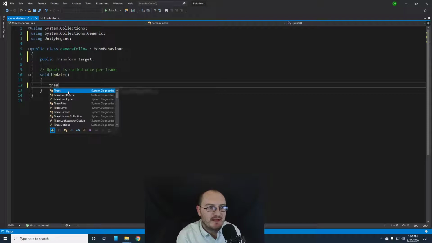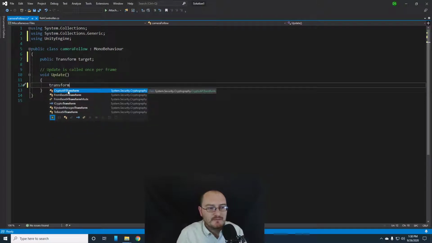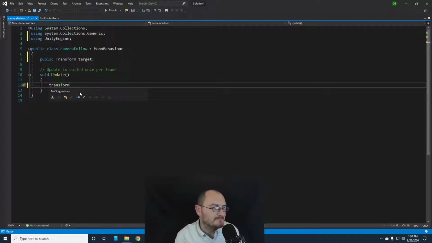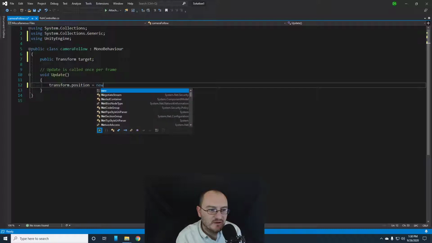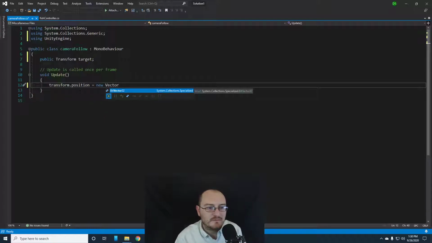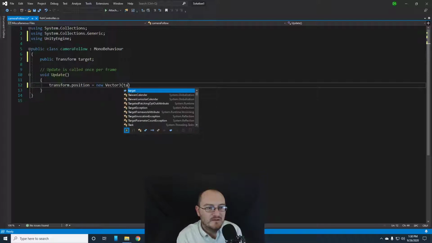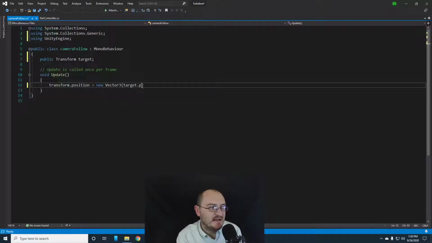Let's do transform. Now, again, it's going to try to pop that in. I'm going to click that box so it doesn't. Dot position equals new Vector3, oh, again with that, target.position.x